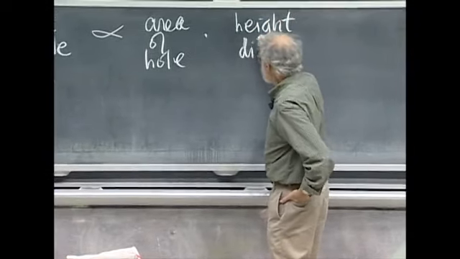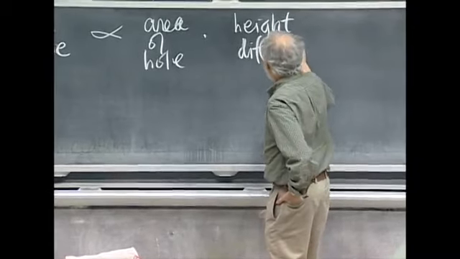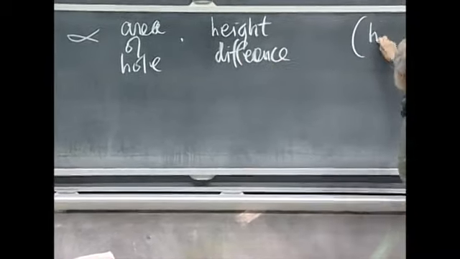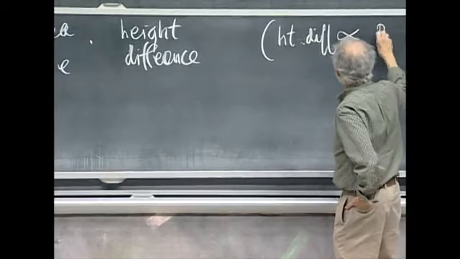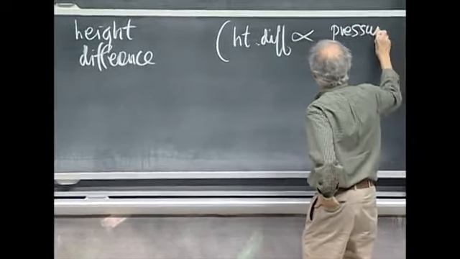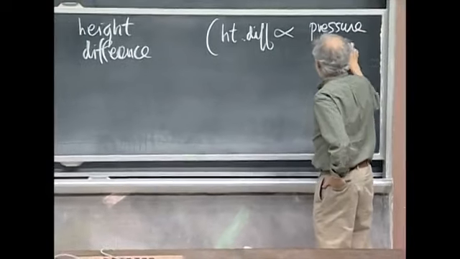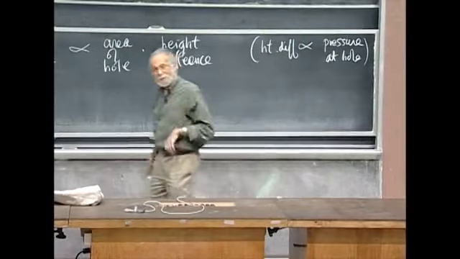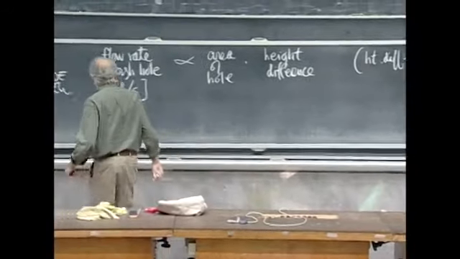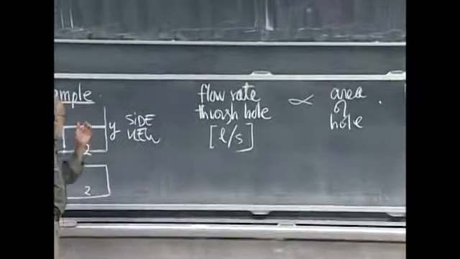And of course, you have to get the sign right. So I just point out the height difference is proportional to the pressure at the hole. And it's that pressure at the hole which determines the velocity with which the fluid flows through. So where does this all produce our equations? Well,